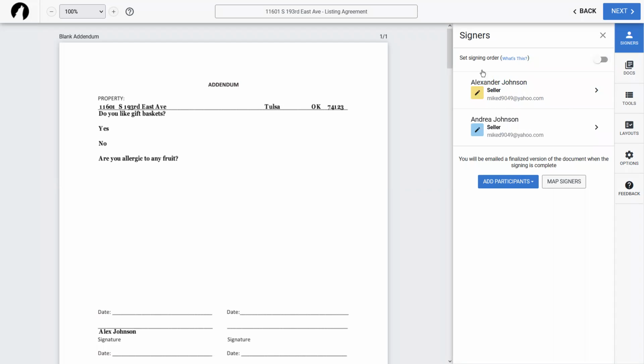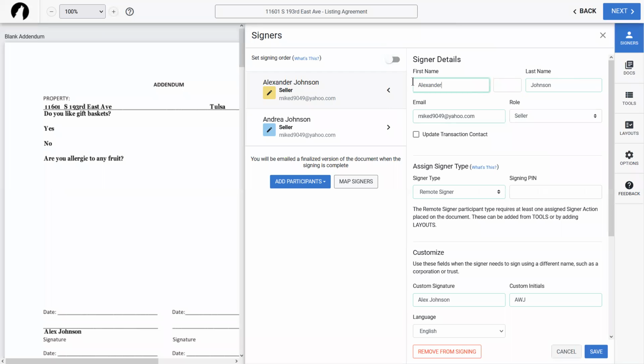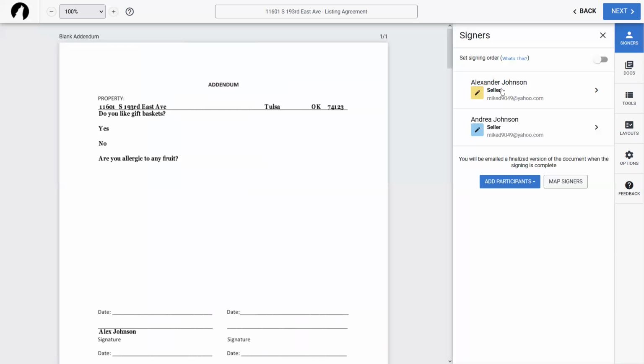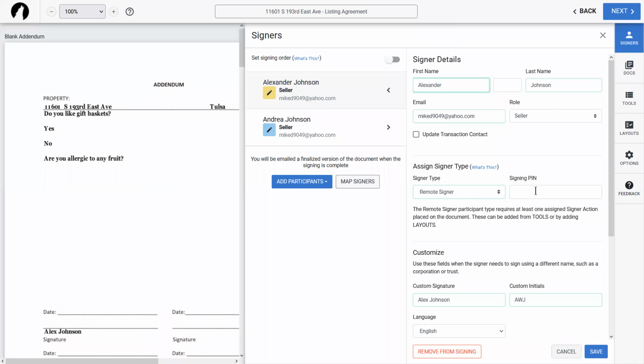Now, last thing to mention, so when you guys are looking at the signers, you have one last opportunity to make sure that everybody is signing in the proper order and the proper name, address, legal name, etc., by clicking on this little pen icon next to the information. This opens up this tab, which shows us all of their details that we've already filled out. And here we find our signing pin. So just to clarify how we got to that, it's under the signers option. We click on the individual that we need to have the pin added to, and then we give them the pin. So again, since I don't have a signing order, Alex and Andrea are both going to get these emails at the exact same time.